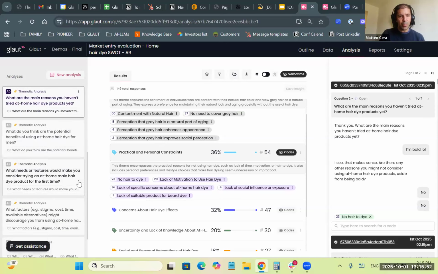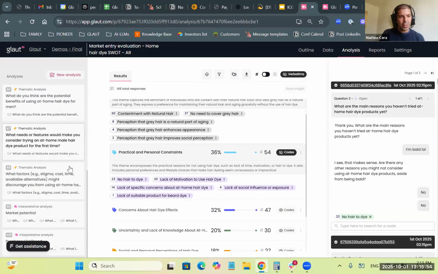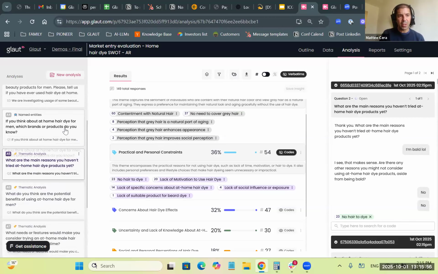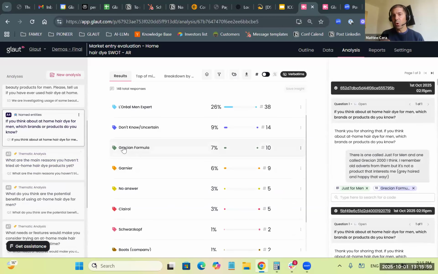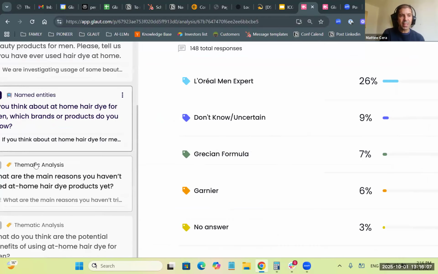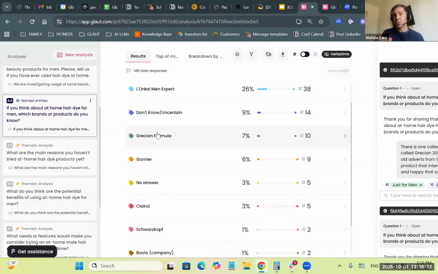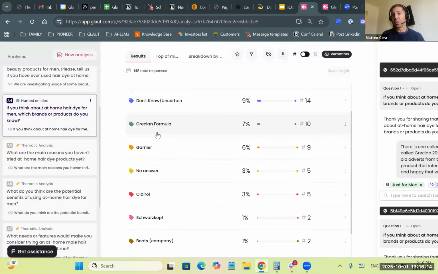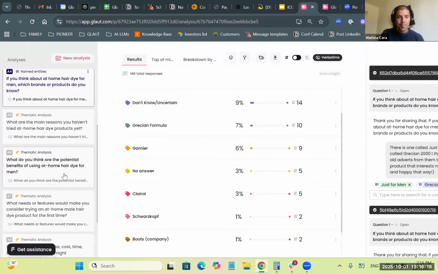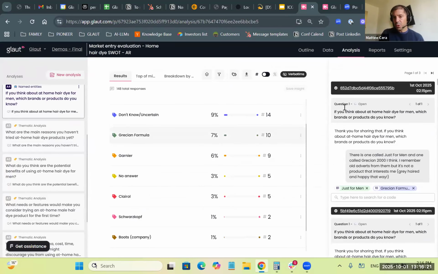I'll show you also the brand recognition, which is another analysis that we have done here. In this case, all the answers were coded into existing commercial brands. That is another type of analysis. It's not a thematic analysis, it's named entities, that's how we call it, and that allows us to code all the brands that are mentioned by a person in this interview. I will then show the last part, which is the reporting.